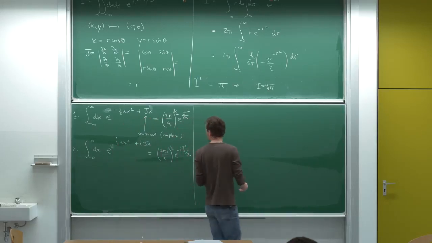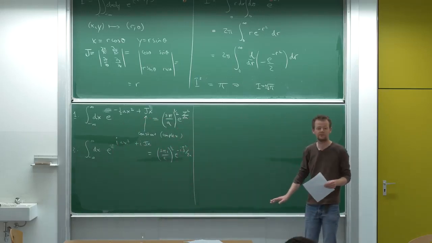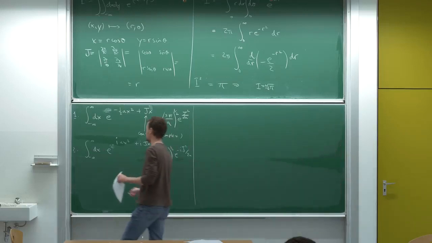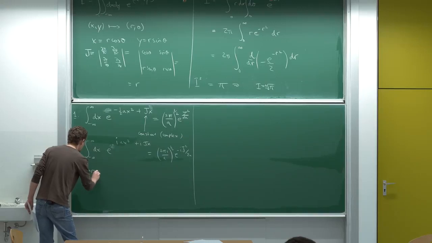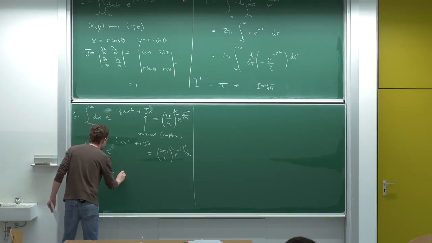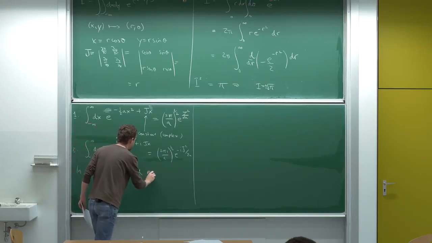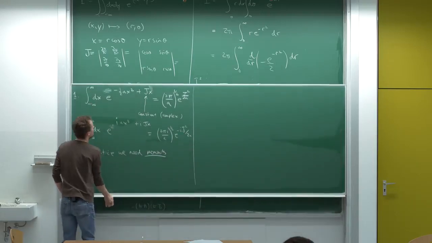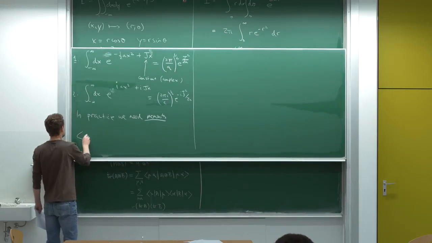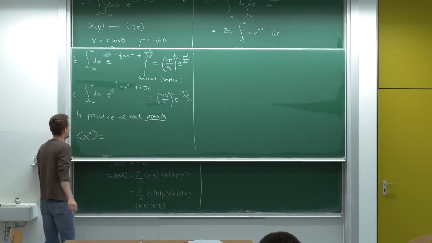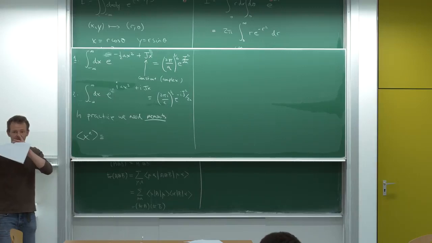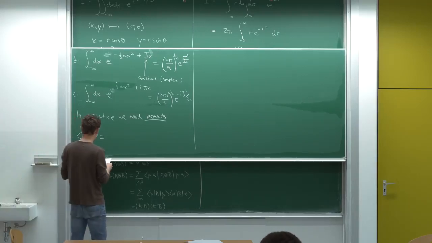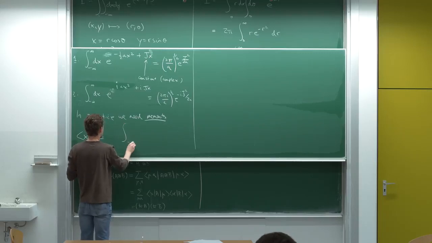Now, what do we need? This is still not enough for us. We also want the moments. What we're going to encounter in practice, as we'll see, we're going to want the moments of a Gaussian integral. This is something we're going to come across time and time again. So what are these? These are defined as the integral